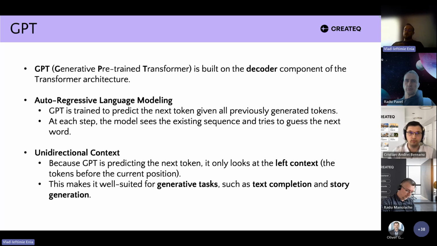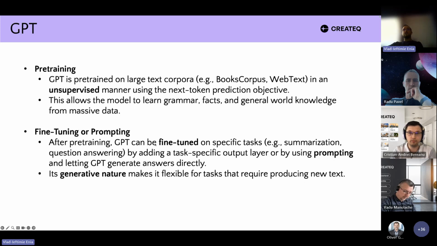So GPTs are basically next word predictors and nothing much, but they are trained on a very large data set, so they can give the impression of reasoning or thinking or context awareness. Unlike Google BERT, GPT is unidirectional. Because it is unidirectional, it is better for generative tasks like story generation or text completion. BERT, because it is designed to analyze text in a bidirectional manner, it is better for analysis tasks. We will see that in a future slide.